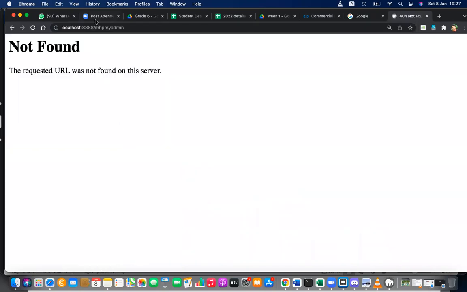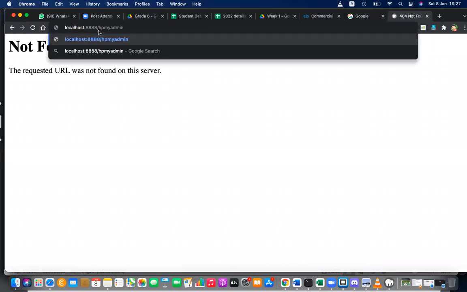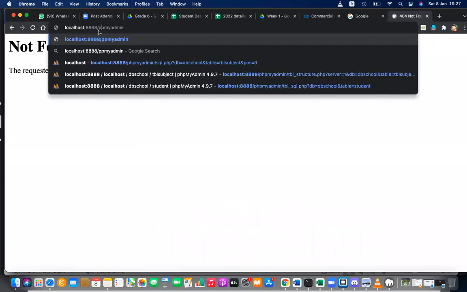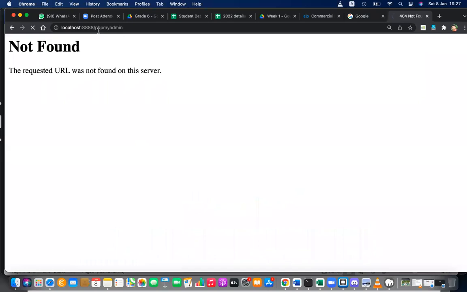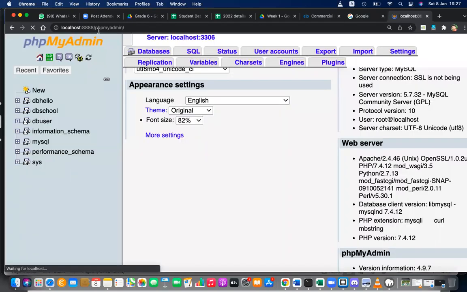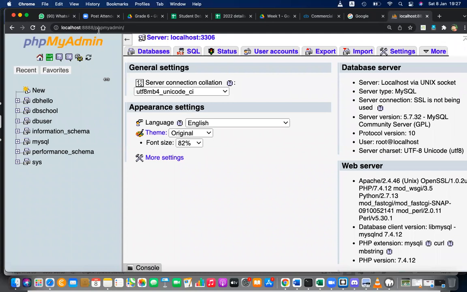Let's go to PHPMyAdmin. When we access the database, you can see DB school is our database.